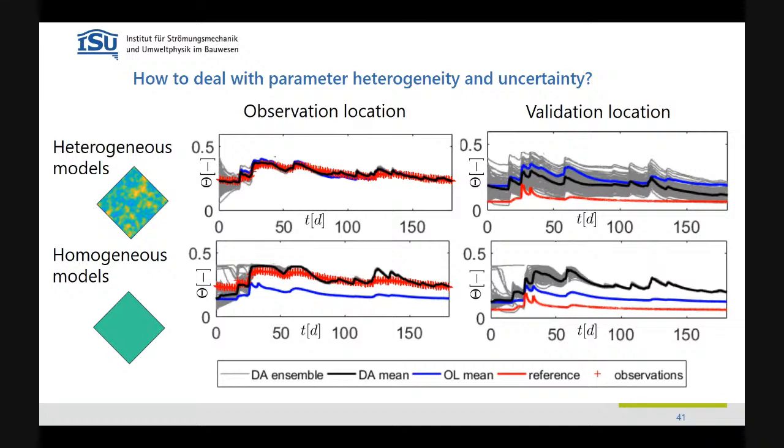But there is a subtle difference, and I think it is important. In case that I have a heterogeneous model, my spread is still large. So this reduction of uncertainty happens then really only at the observation locations. And because my models are structured in a way that when I'm far away, I'm not influenced by this, the spread away from there remains large. So at least I acknowledge that I really don't know much at this location, while if I have my homogeneous models, the model gets really overconfident. The spread is very small.